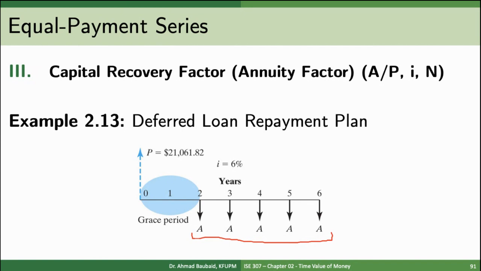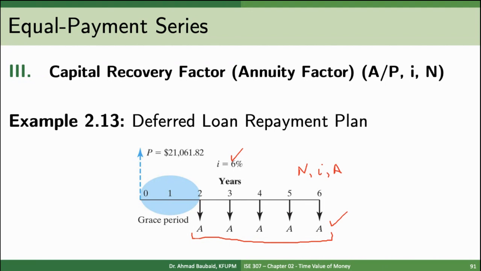So what happens here? Notice, first of all, that this is not in the standard form, right? For present value, if you want to compute the present value, it should be 1 time period before the first payment. Now it's not. It's 2 time periods before the first payment. So if I plug in directly, I have N, I, and A, right? These are given. So if I choose N equals 5,